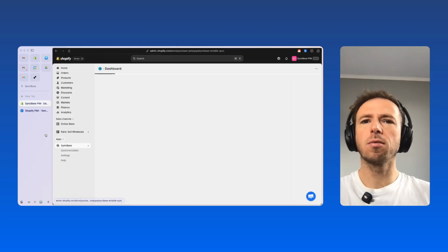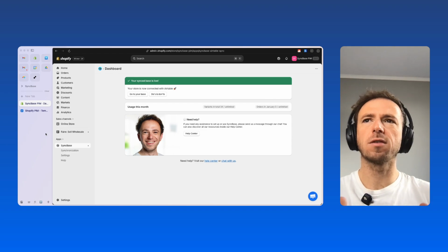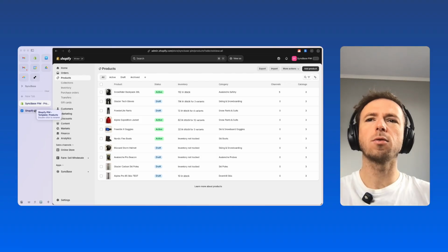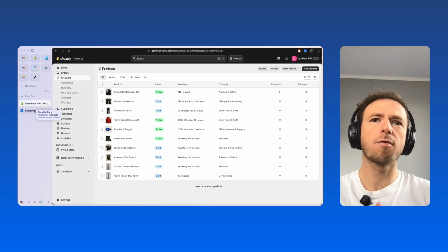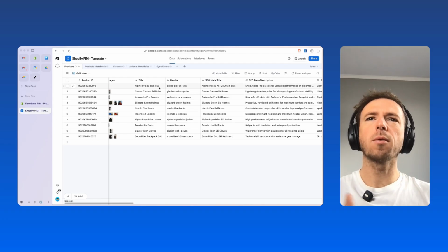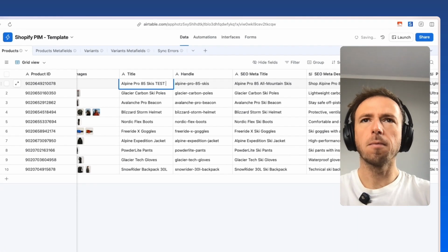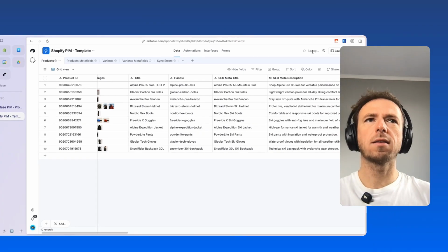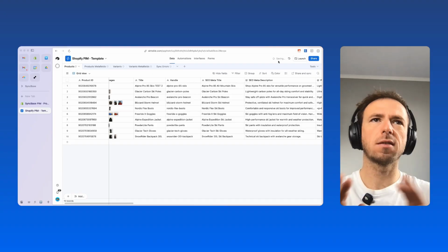Now let me show you the basic stuff with the synchronization. If you want to do an update, I will go to my product page, and the most classic use case is to do updates from Airtable because you are installing the app to manage your operation from a more flexible tool, and this tool is Airtable. So if I want to update, for example, a title, I just have to go there and add, for example, test 2, and wait until it's saving,